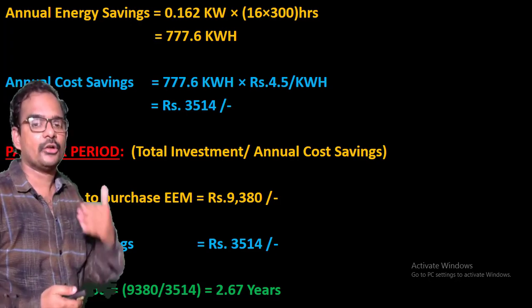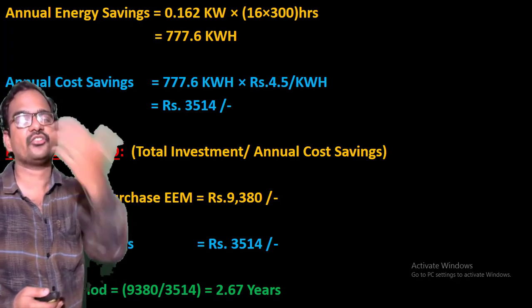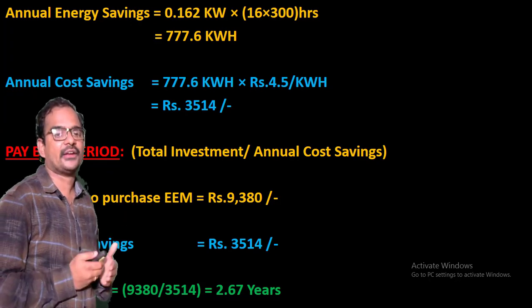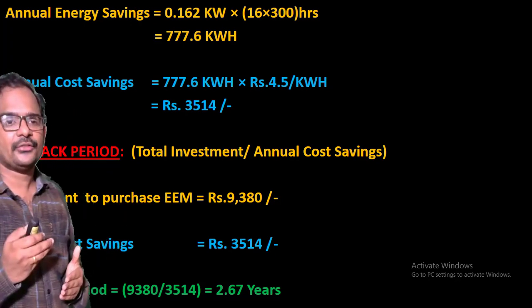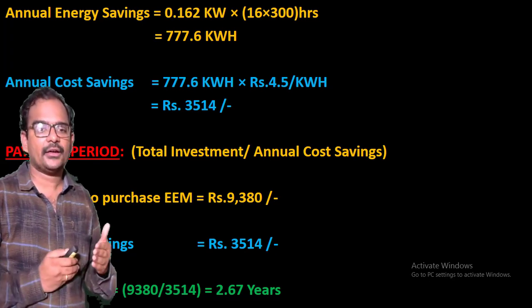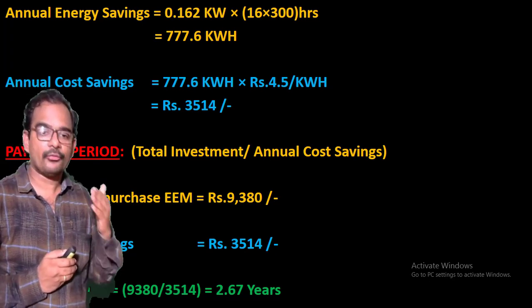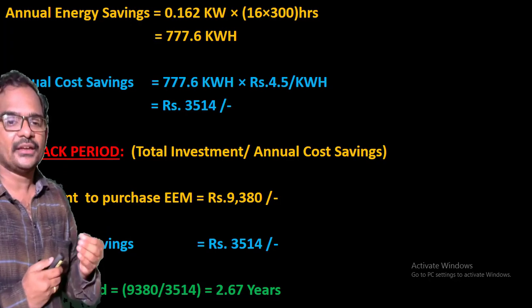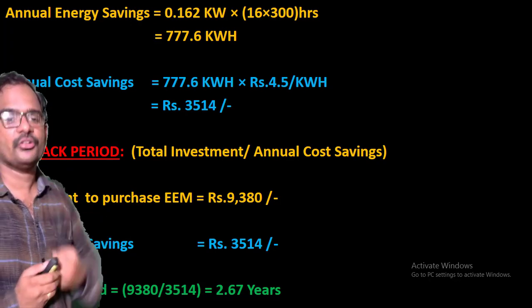In 3 years you are going to get whatever you have invested into it. In order to understand this, you have started a business. In that business you have kept 2 lakh rupees. So every year you are getting a profit of 50,000. In how many years will you get back the actual amount which you have invested?